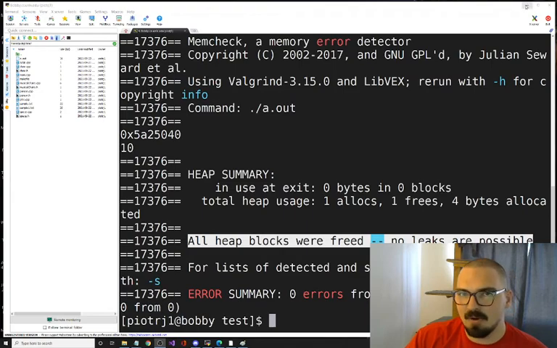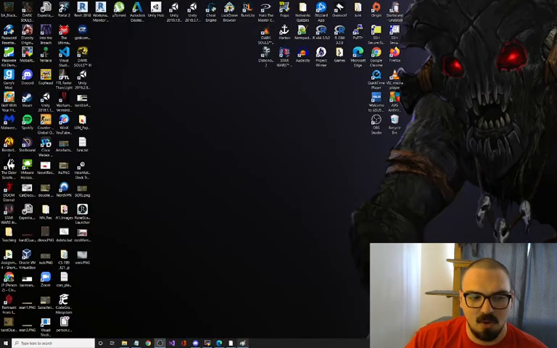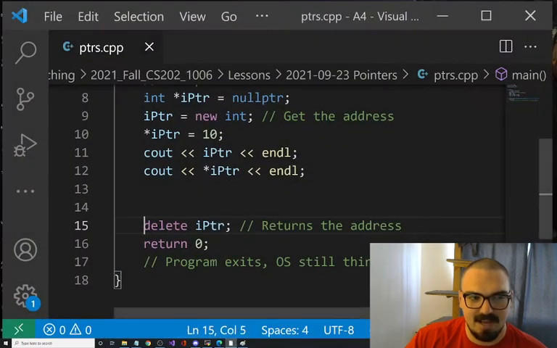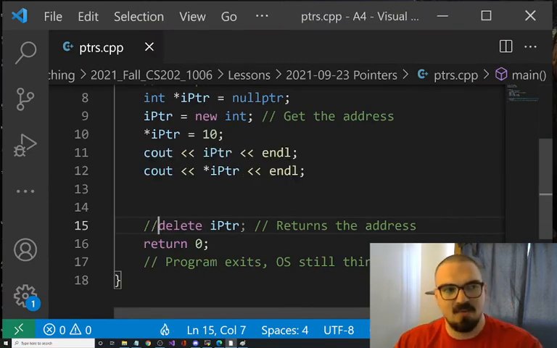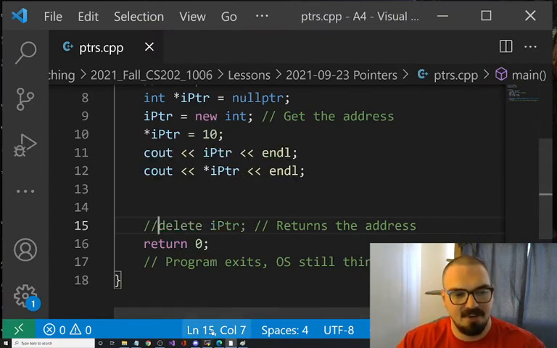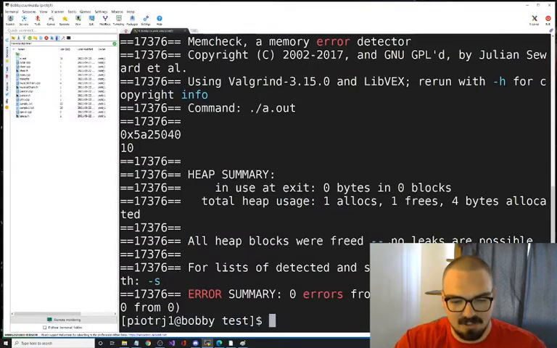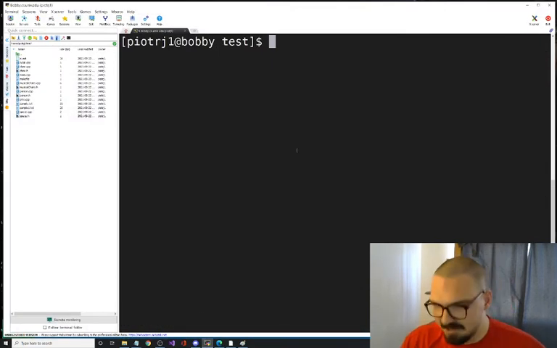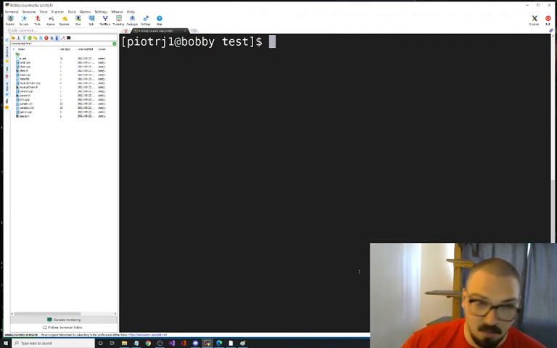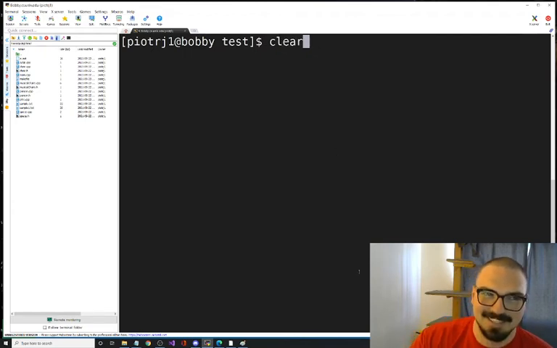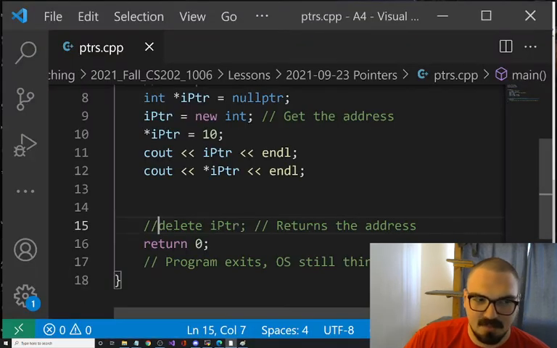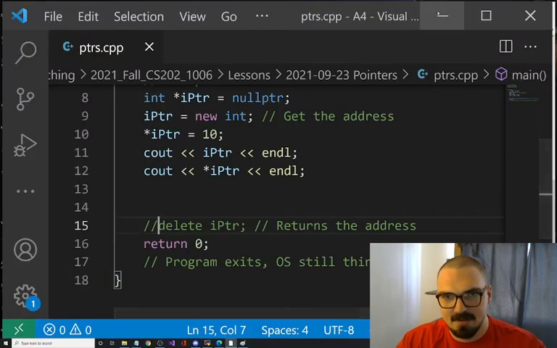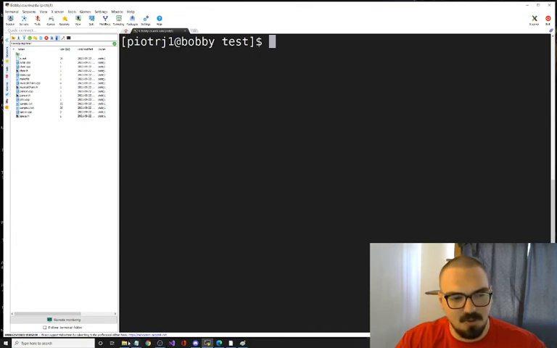Now you can get valgrind to tell you what's going on. You want to see that? You should do it. I actually went over this in the assignment video too. So if you need a refresher or you don't want to write it down, I'll put it in the notes. It'll be in this video. It's everywhere. You have no reason not to find your memory problems. So let's say that I remove that delete. Now I've created a memory leak. I load that to Bobby. I compile it.